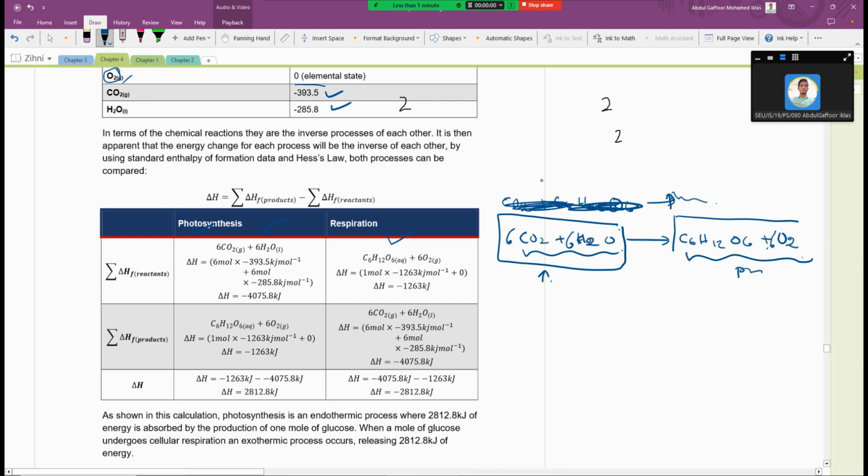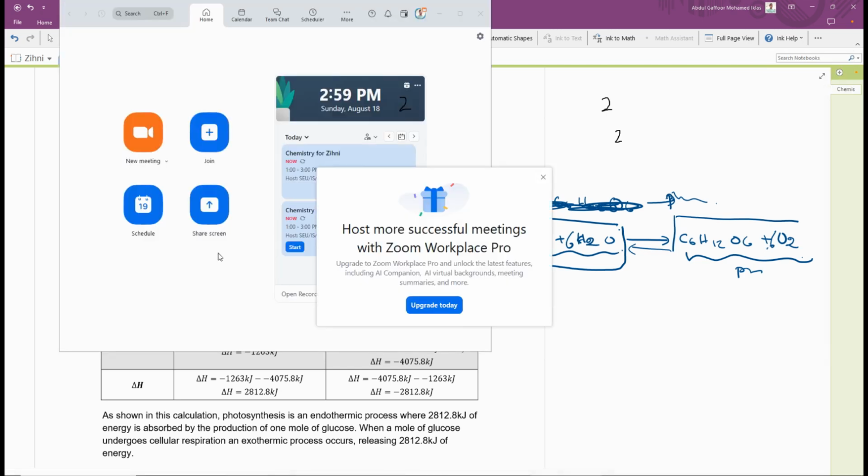Now this reaction is for photosynthesis, but the backward reaction is the respiration. So in respiration, glucose and oxygen are the raw materials, so we can say reactants. Do you understand? So that's why they have tabulated the